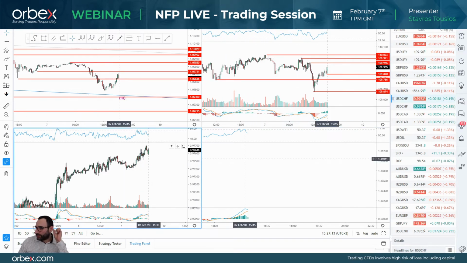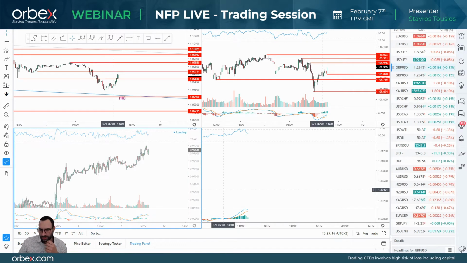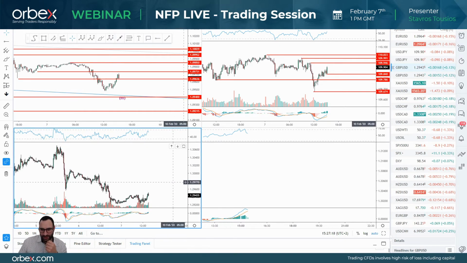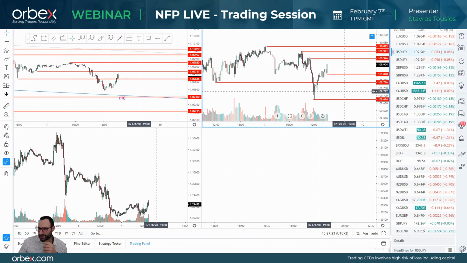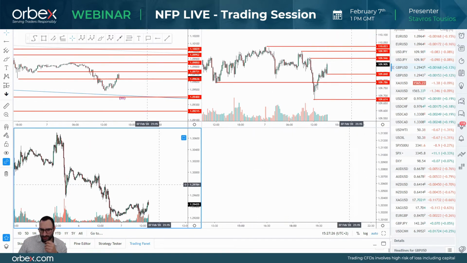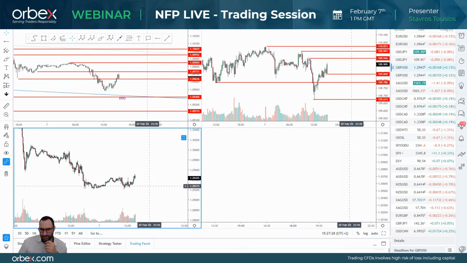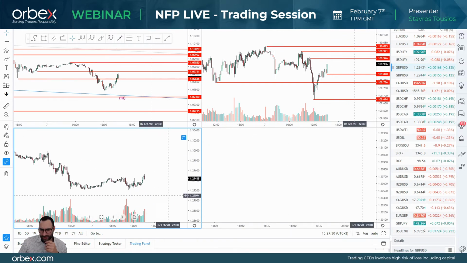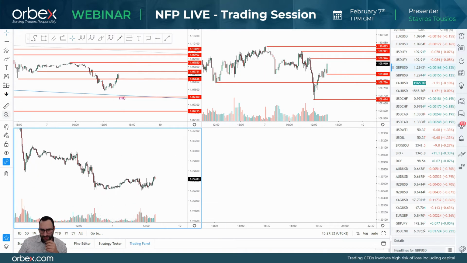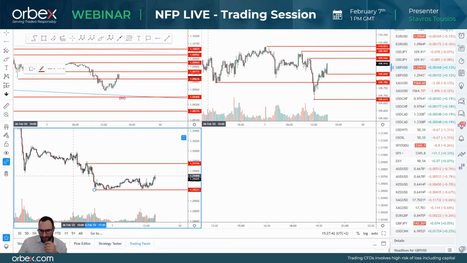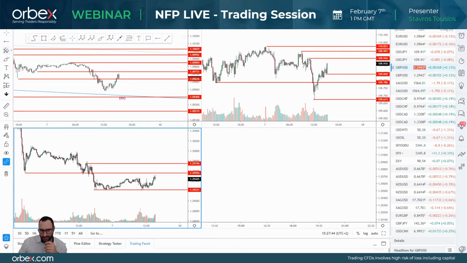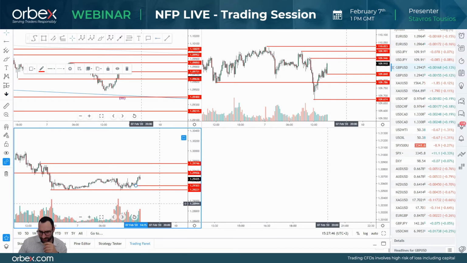Over that one, I want to go for pound, because in case the NFP comes out unexpected, pound is particularly strong, as we said, at the moment, right? So I will be looking at that for potential buying opportunities. We are on the 15-minute chart, which is okay. Let's draw again these support and resistance levels. One over here, one down here, one up here, one down here.